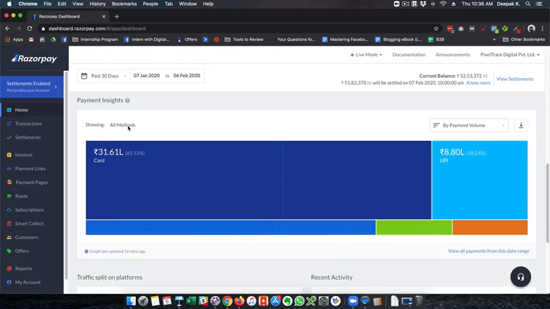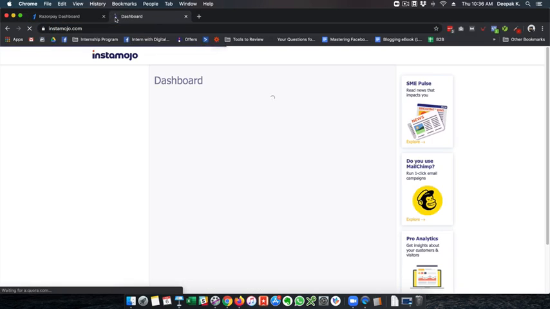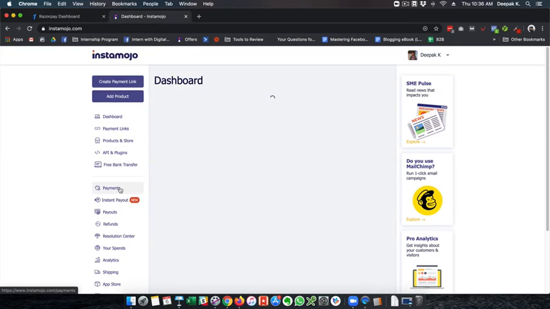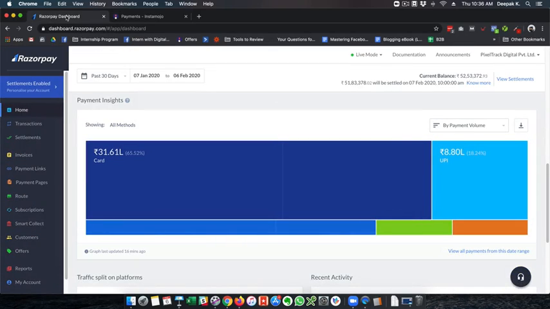One more thing I liked a lot about Razorpay is that there is a very clear split on what kind of payments we have been receiving, and this is not something that I get on InstaMojo. I will show you inside my InstaMojo login as well, and you will see that I will just be able to see the payments here, but I will not be able to see the breakup of what kind of payments people are using.